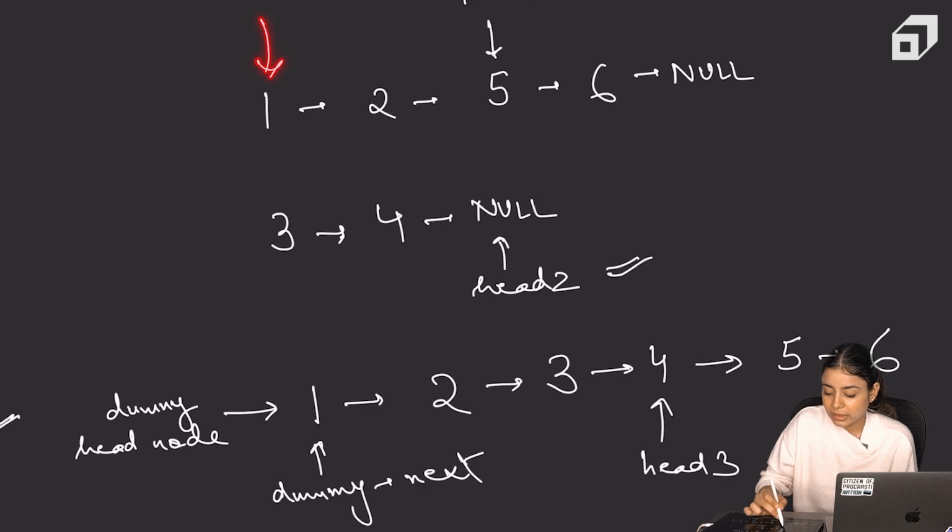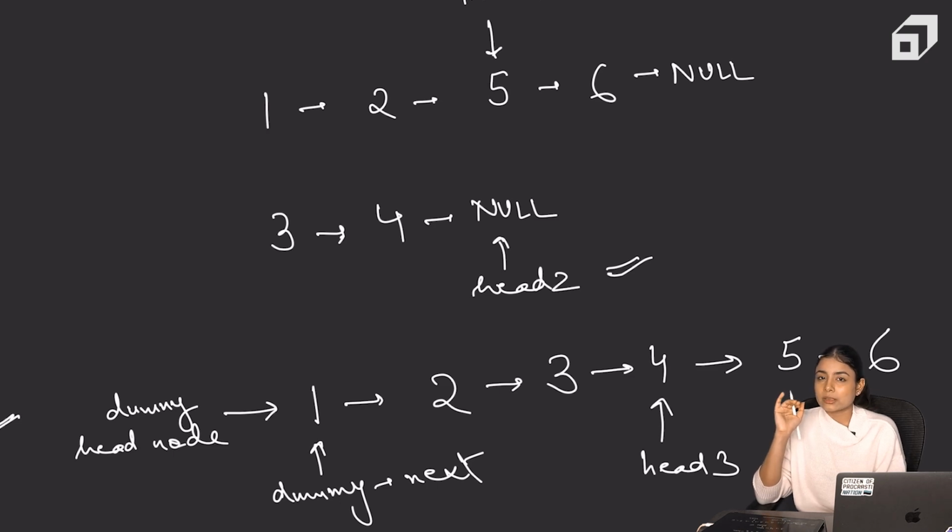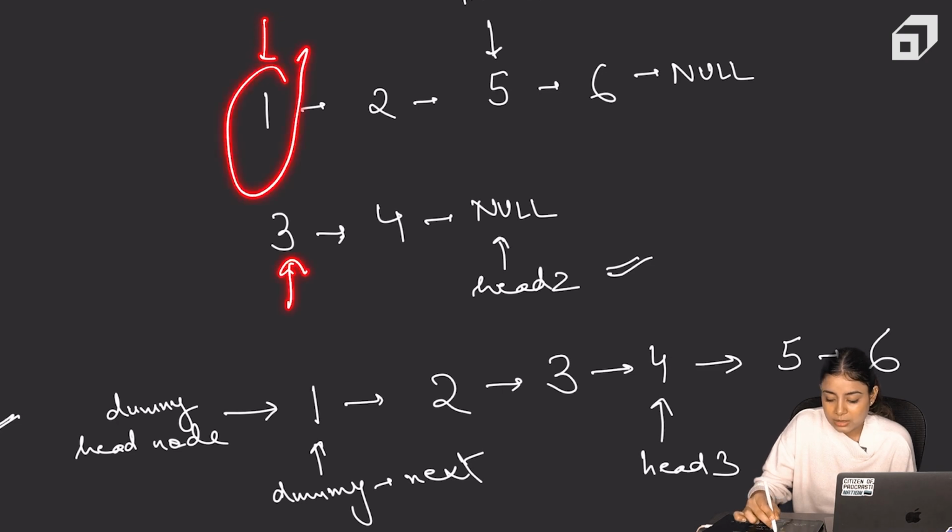We're just comparing the value starting from the front, where of the two linked lists, we're comparing the values, and whatever is smaller, that I'm putting in my combined linked list. But what you really need to understand here is that we're not creating these nodes again. What I'm actually doing is, when I'm comparing 1 and 3 and I know that 1 is smaller, I'm just making dummy head nodes